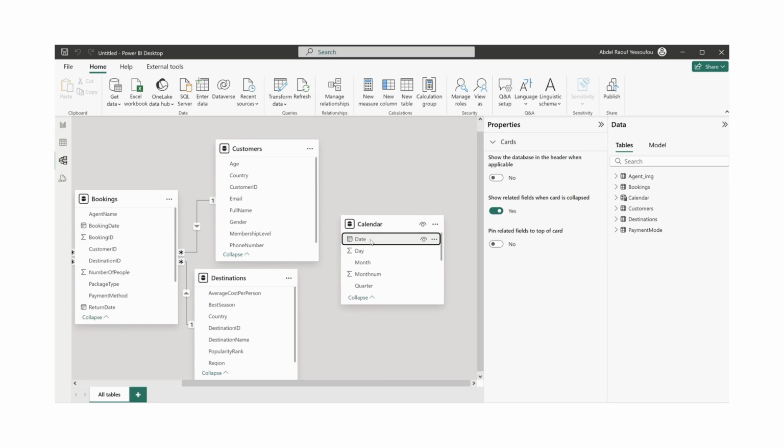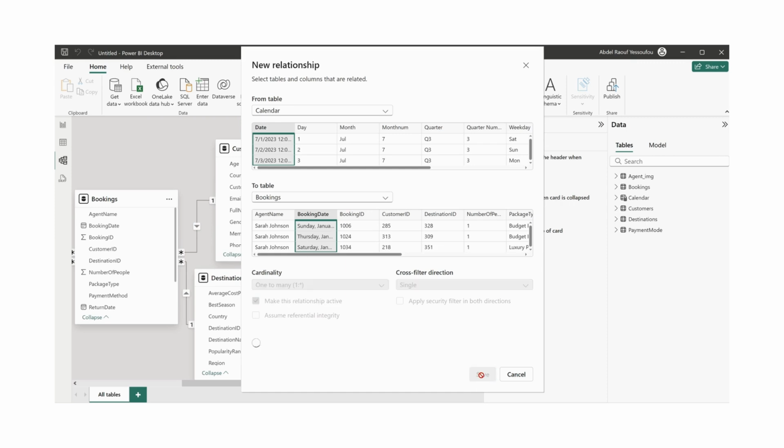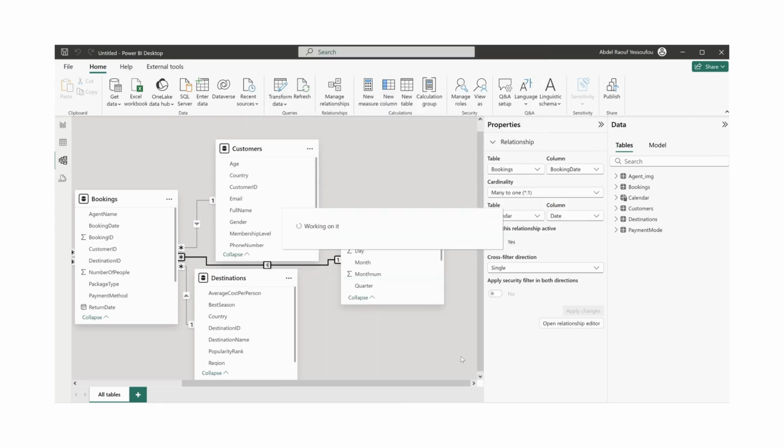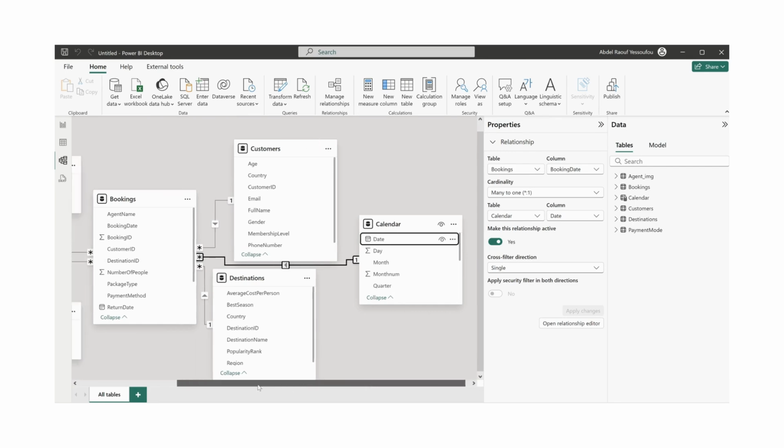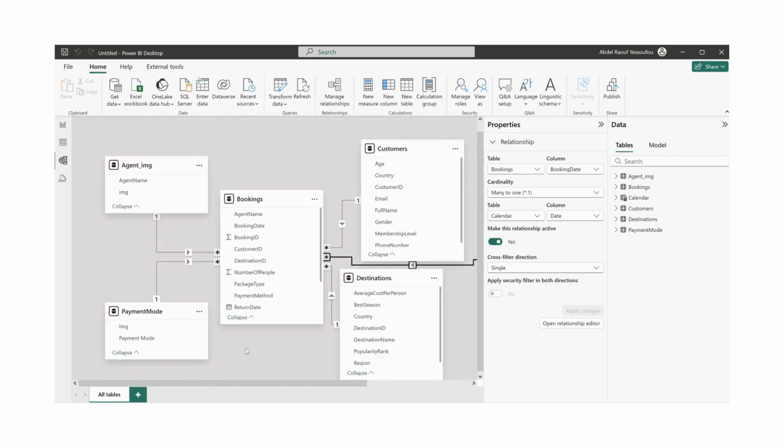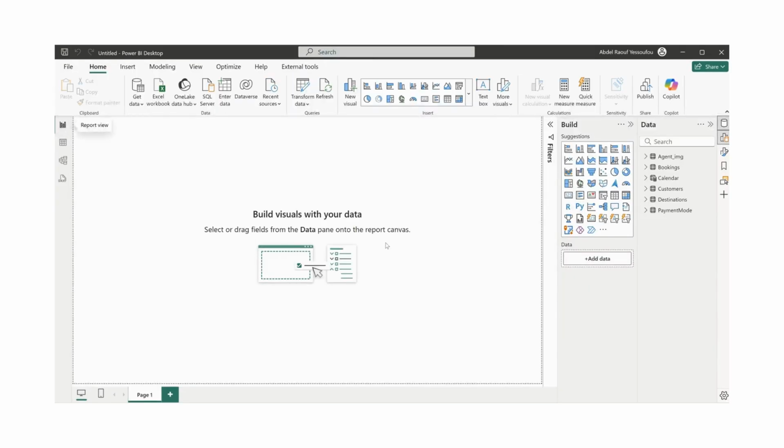And then we come back here again, so booking date to date, and then we click save. So that should be able to resolve our issue. If you want to use the date, what you should have done was just to split it so that you can have the date and have the time separate. Okay, so let's go ahead and start